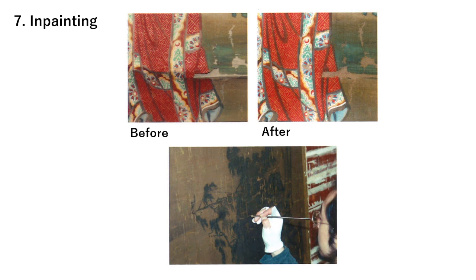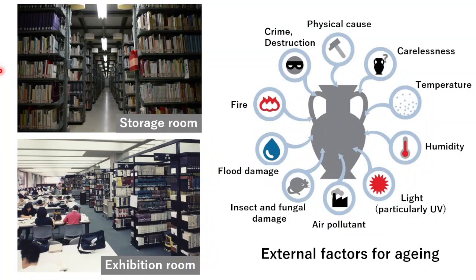The biggest advantage of the repair by Soko is that it is a traditional method that uses only water, Japanese paper, animal glue, and starch paste, which are all natural materials. Therefore, there are fewer elements that make paper less durable than acidic paper. Also, those materials can be easily removed by adding moisture, which makes it possible to repair safely again in the future. Let's move on to the preservation environment for paper objects.